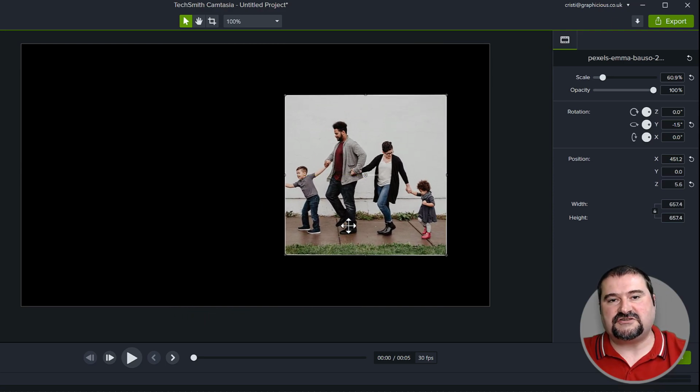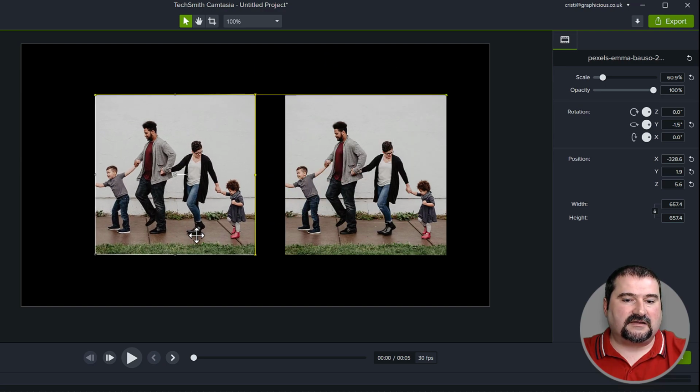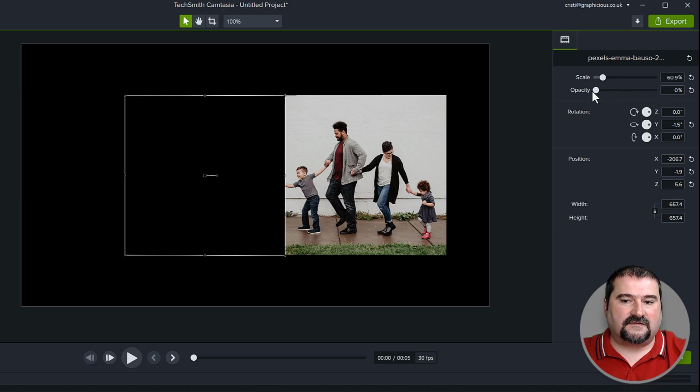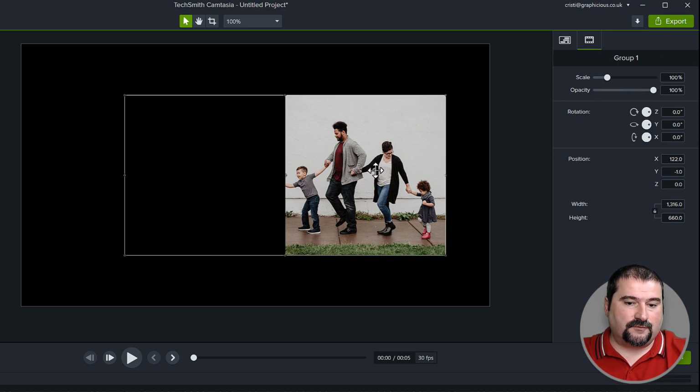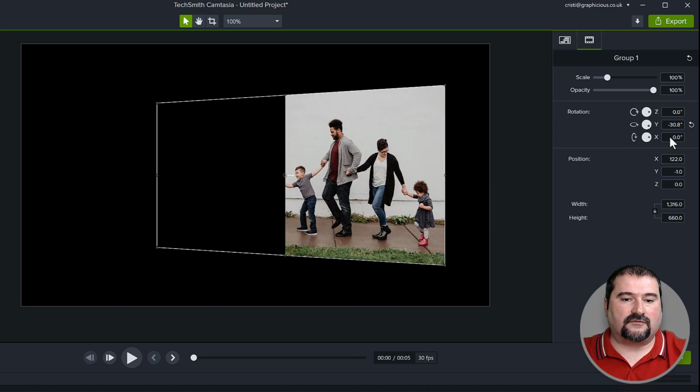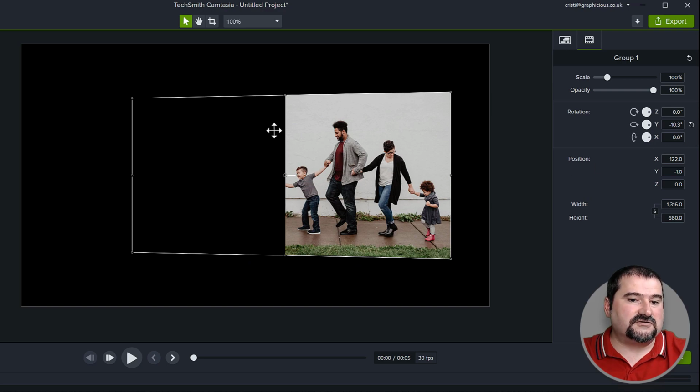If you're in Camtasia 2021 or 2020 or previous, if you want to achieve the same, you technically need to use two copies of this, and then you make one of them invisible using the opacity, and you select both and group them, and now look, when you rotate, the page flips around just like before. But of course, you're having to use this extra image in there to achieve the same effect, which is a bit tedious. Okay, so we're not going to do this today.